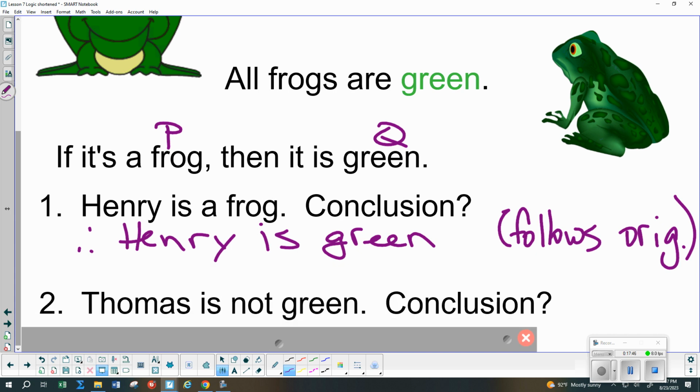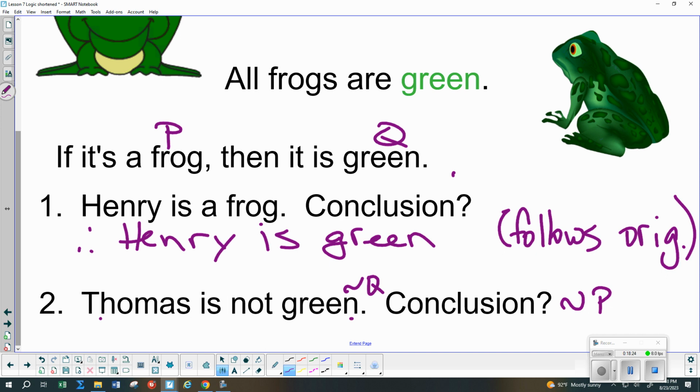Okay. Still, if it's a frog, then it's green. P is frog, Q is green. Thomas is not green. Allison, what does that match? P, Q, not P, not Q. Well, just the Thomas is not green. Backing up to the steps, not being green, is that P or Q, not P or not Q? That one is not Q, so the conclusion that works has to be not P, and